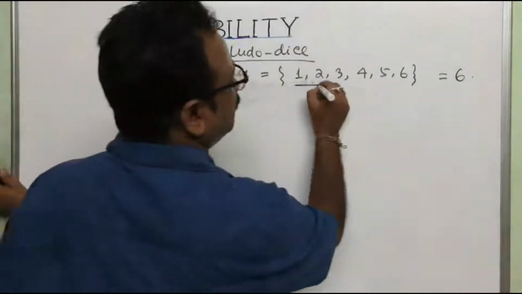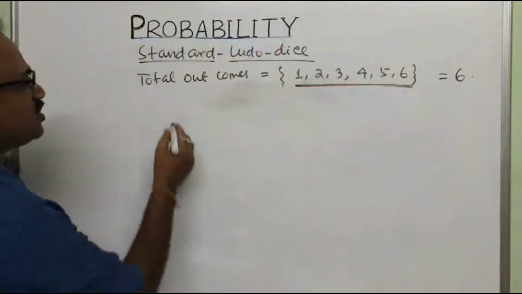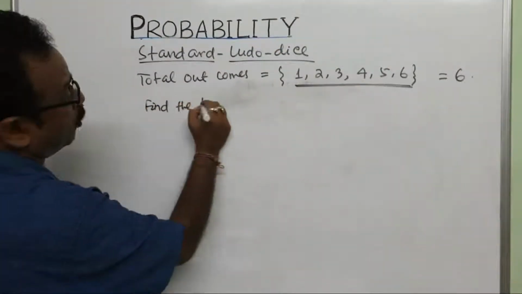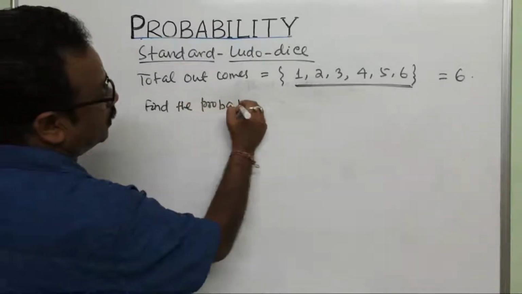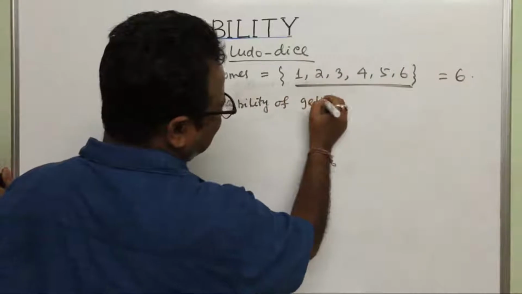These are the favorable outcomes. We have to find out, given, the probability of getting